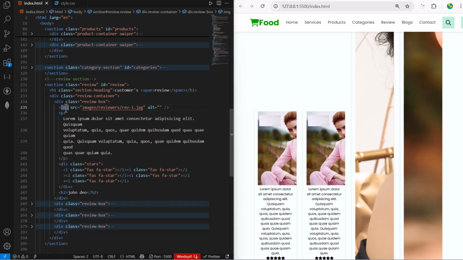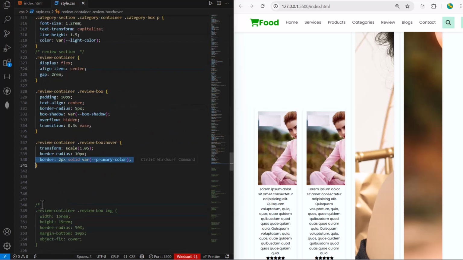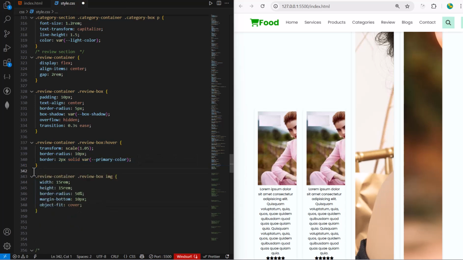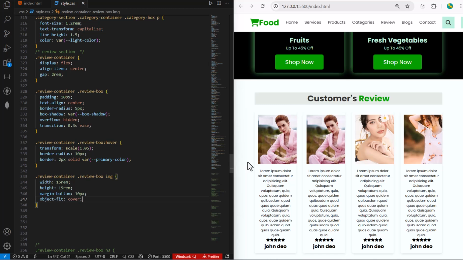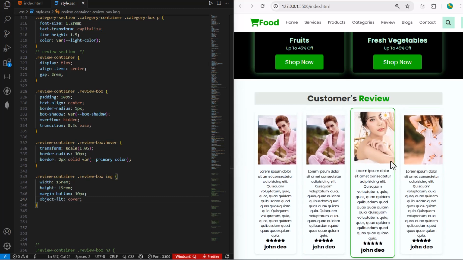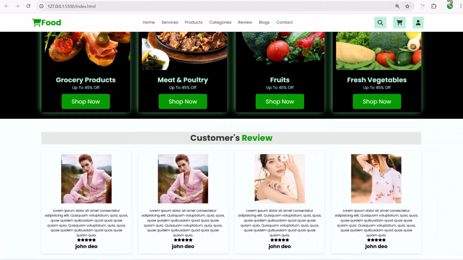To style this image, we are going to use this img element selector with 50 rem height, 50 rem border radius. Let me remove this and margin the pixel object fit cover. When I save and refresh the web page, here we have the image right here. Take a look. We have the image. So we need to have